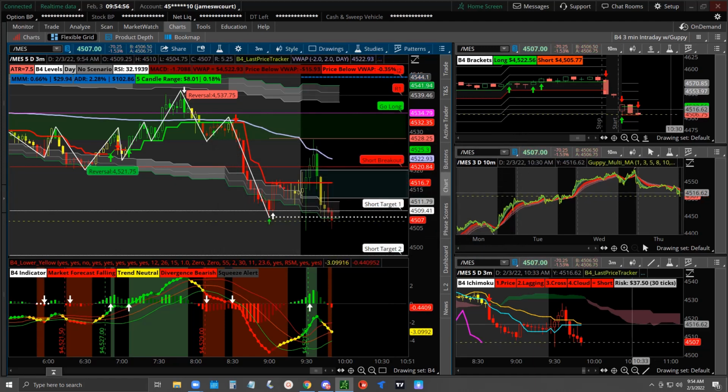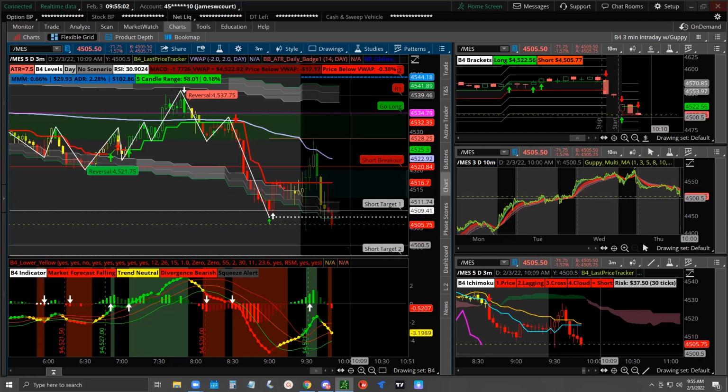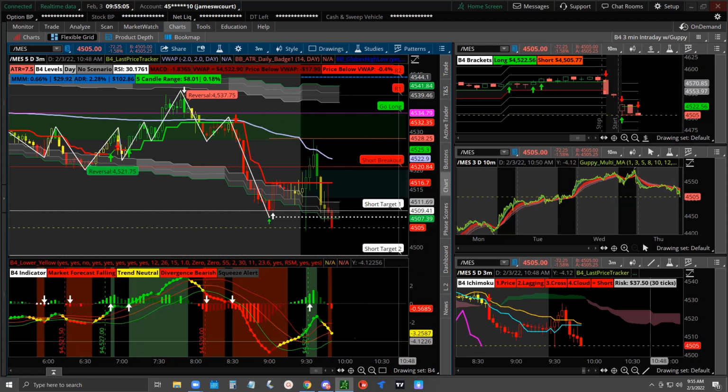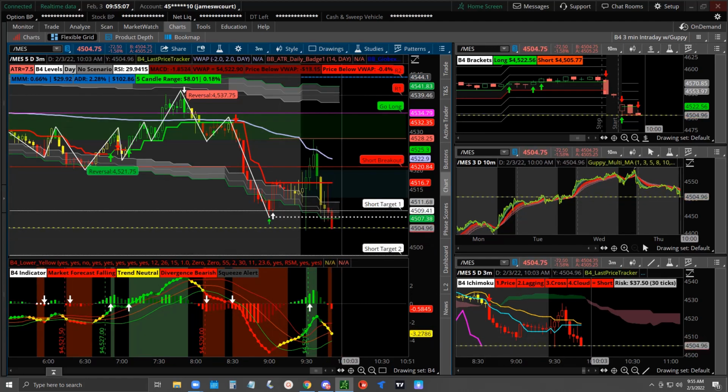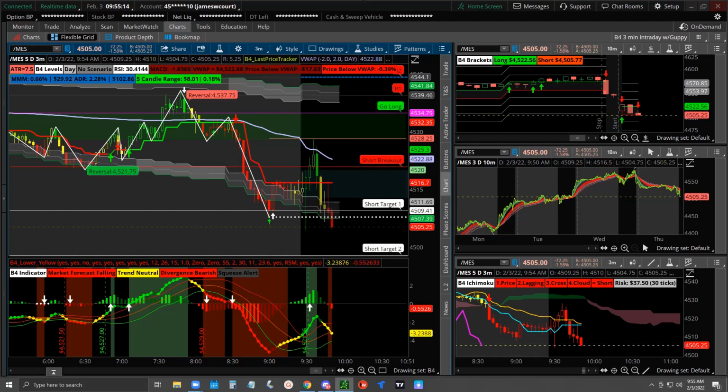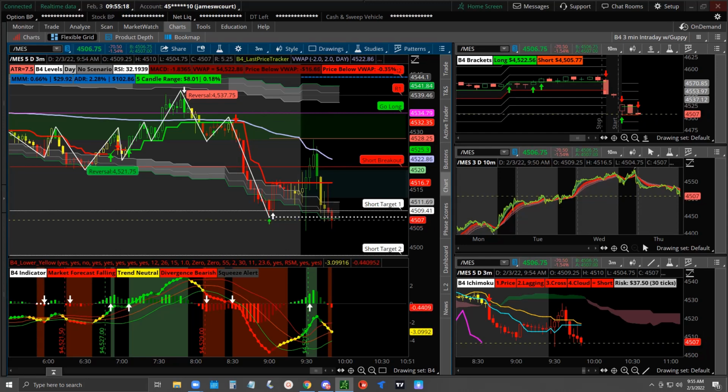Maybe 4,500 and 3/4 or 175, or so somewhere here we could keep pushing this. If they can't prevent this micro double bottom with bar one and bar five, that's terrible on the bears' end, but we should keep coming down because it's an important magnet here. I'm counting 40 points down. ISM is coming up in 5 minutes, so be careful. All the price action goes out the window. Bears need to violate this. If they want to sell this, they need to violate this double bottom and bar one low.